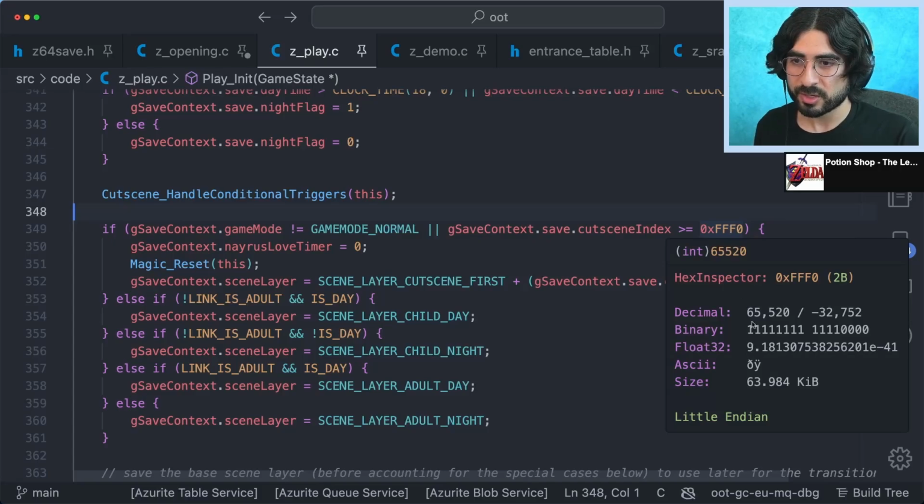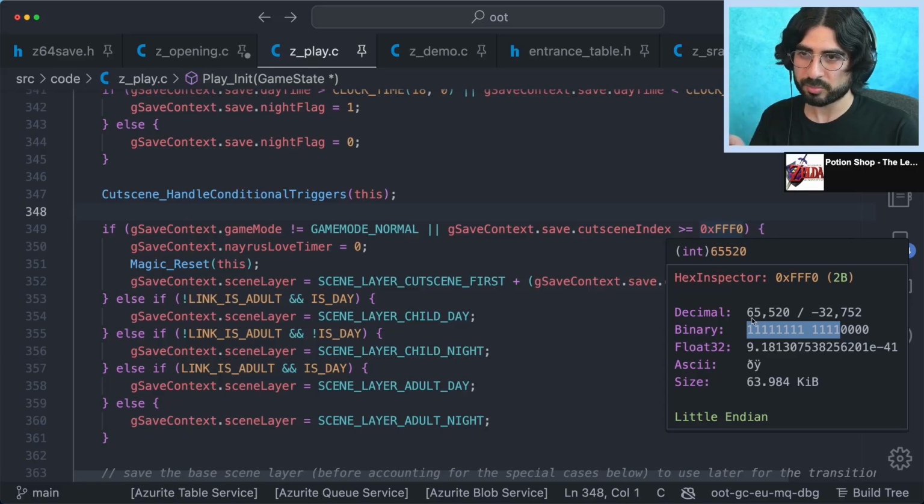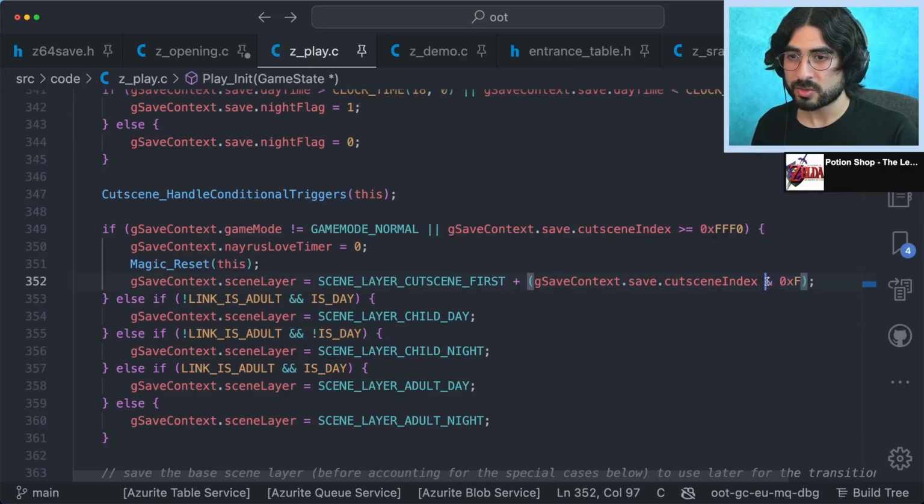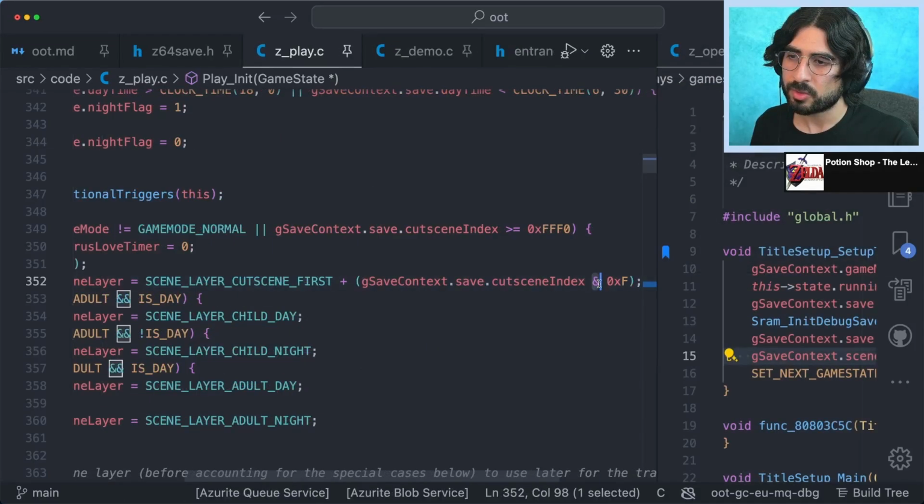Because triple F0 has these 4 bits here, and 4 bits here, and 4 bits here. Each collection of 4 bits represents an F, and the 0 represents the last 4 here. What this is doing, when it's saying and F, so an and,